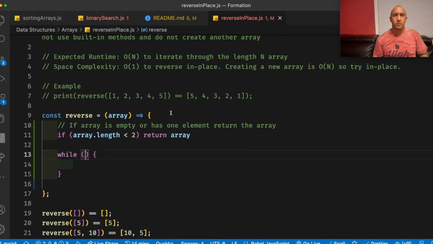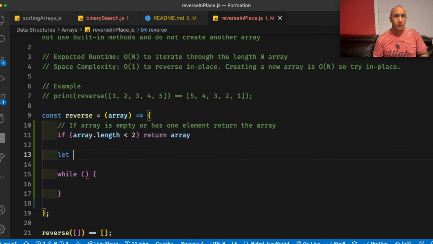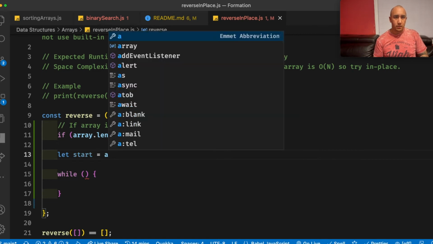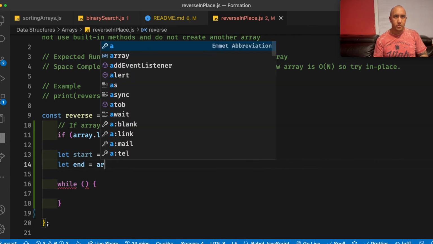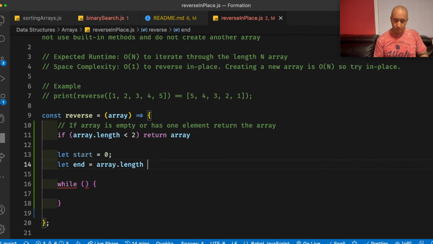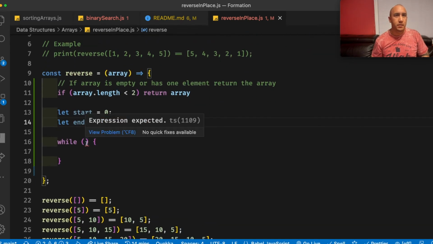So we'll basically have the pointer. Let me just initialize some pointers. What did I call them? Start and end. Let start equal 0, and end equal array.length - 1. The -1 is there because arrays in JavaScript are 0 based, so you have to subtract 1 to get the last index. Basically, we'll start